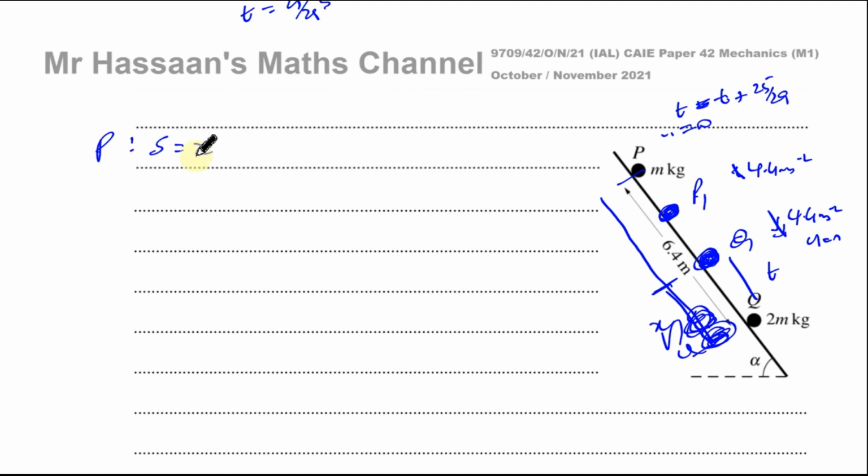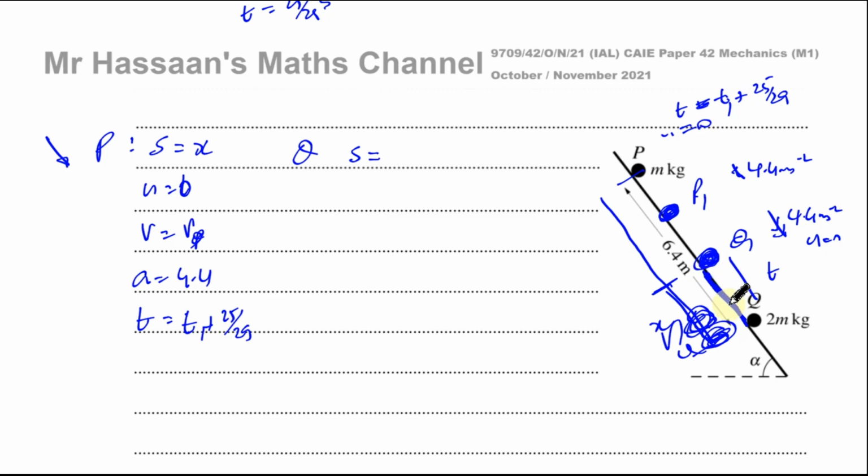I'll just call it X for now. P is the distance traveled. Let's call it X. That's how far it's traveled. U is 0. V is the velocity it reaches, which we don't know. A is 4.4, taking down as positive, and T is T1 plus 25 over 29. And for Q, the distance it's going to travel is going to be